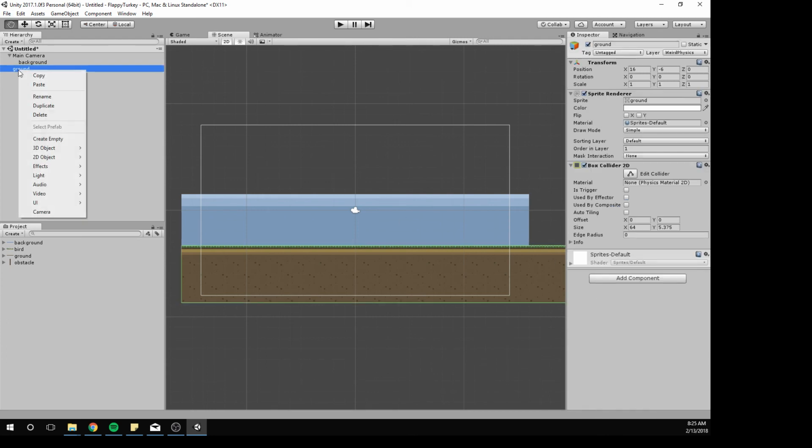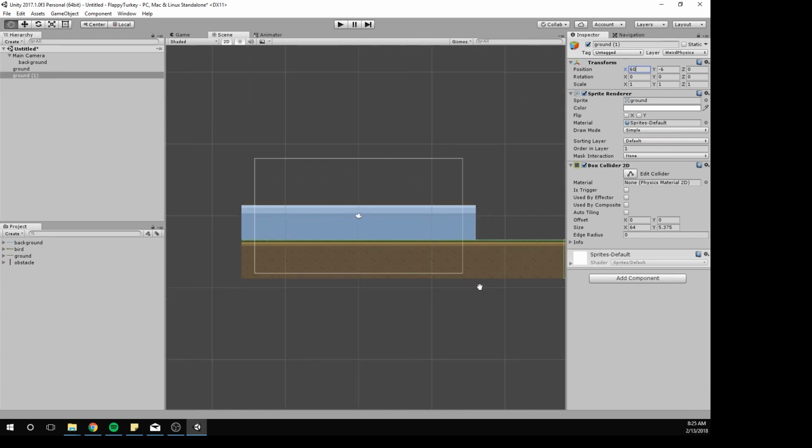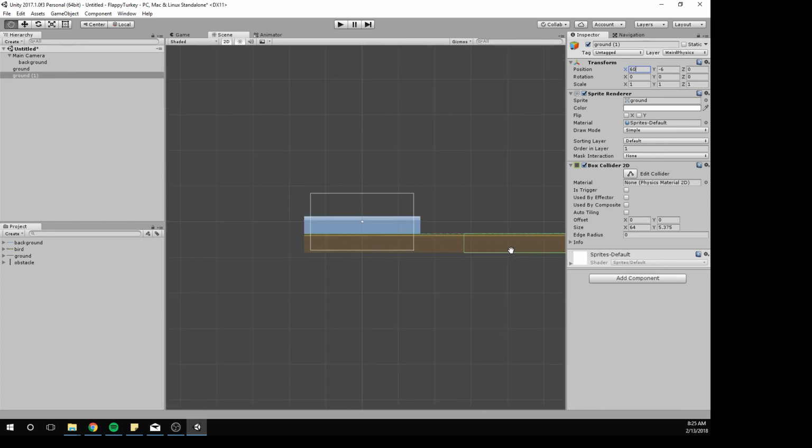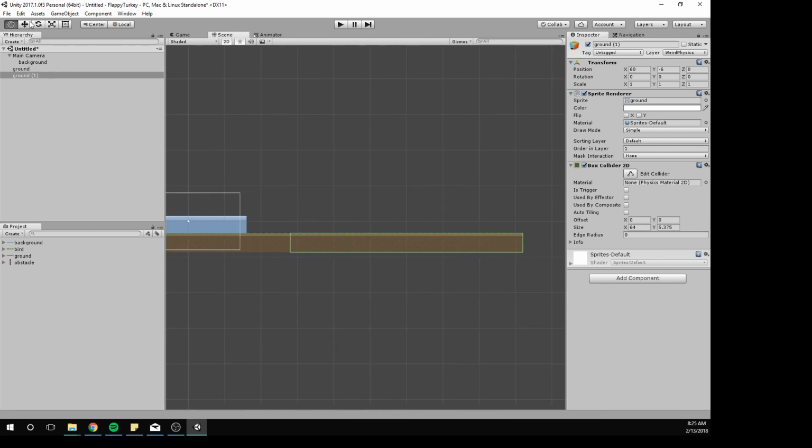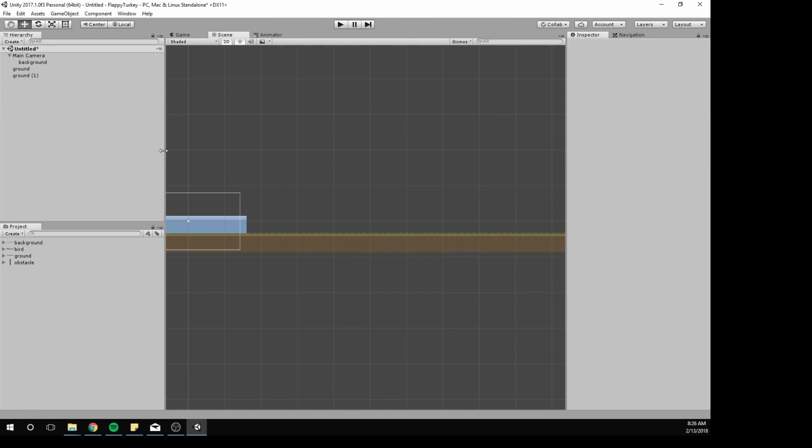I'm going to add another ground. I'm just going to duplicate, and instead of 16, I'll move that over 60. Did I just perfectly move that? Oh my gosh, I'm a genius. I should quit this video now, as I will. Oh, I didn't move it over. Never mind, I'm not a genius. 80 it was, not 60. Anyway, so